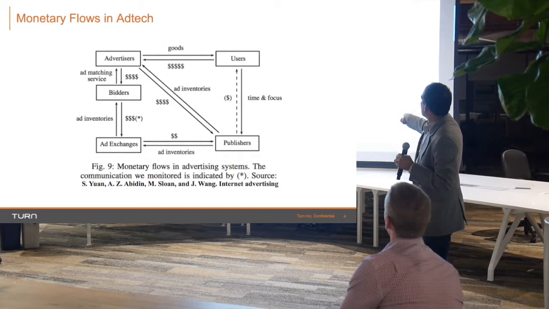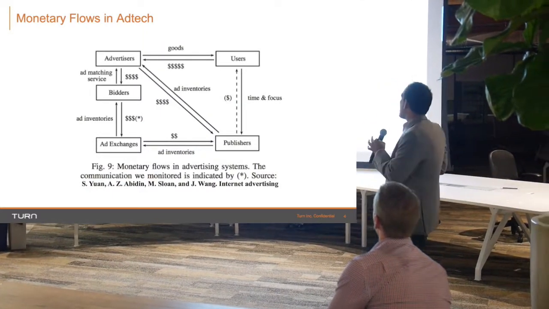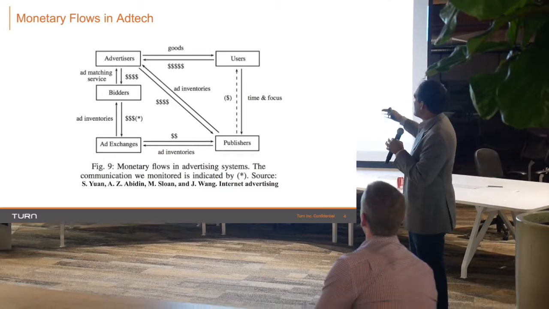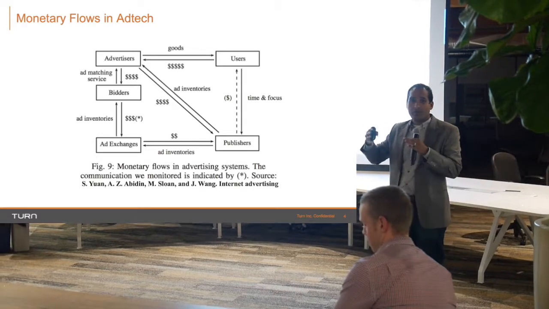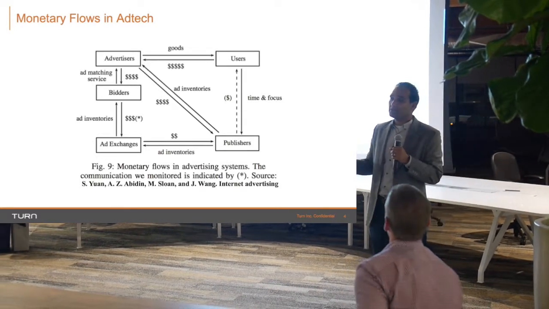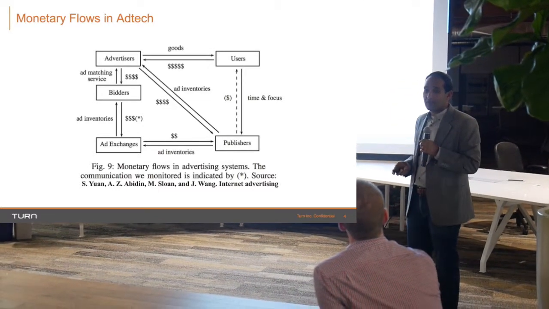And here's just a diagram of how there are different players in the AdTech ecosystem. There are bidders, there's ad exchanges, there's users, there's publishers. The thing is, the inventory and the flow of users through these pages is touching a lot of different players' hands. And I'll have the Lumascape, of course, towards the end, where you can see all the AdTech players.